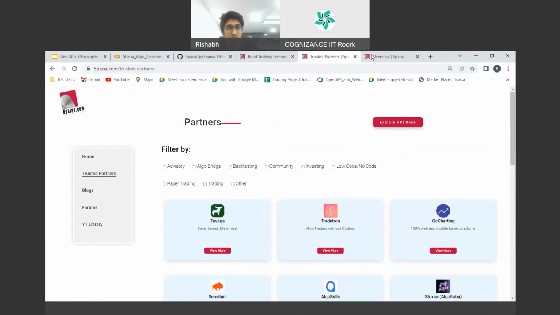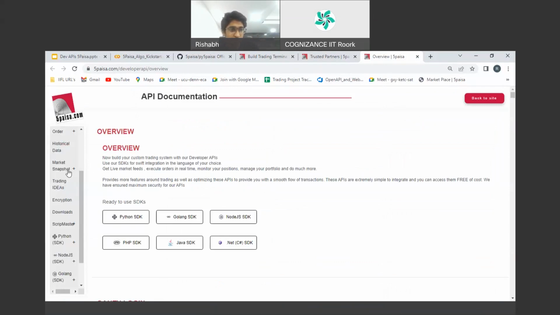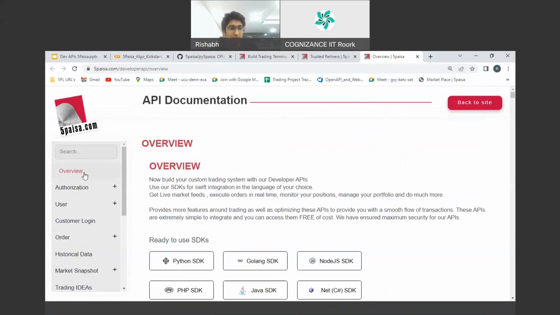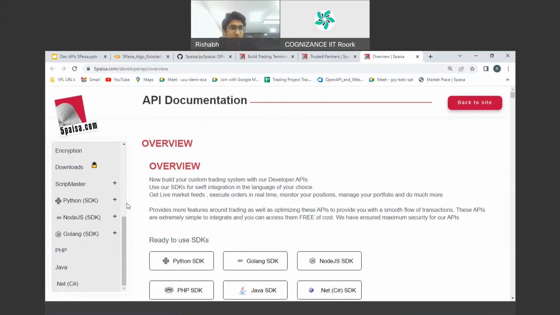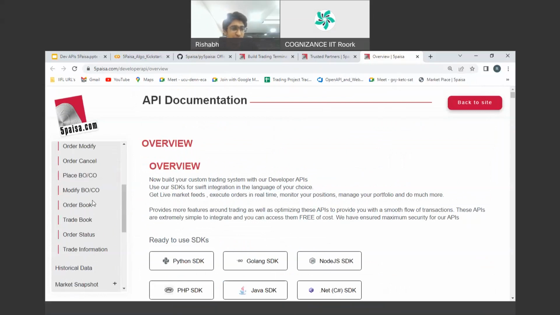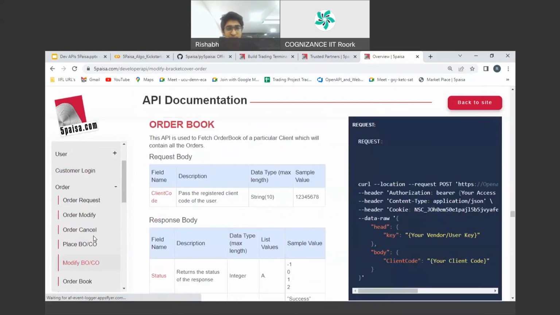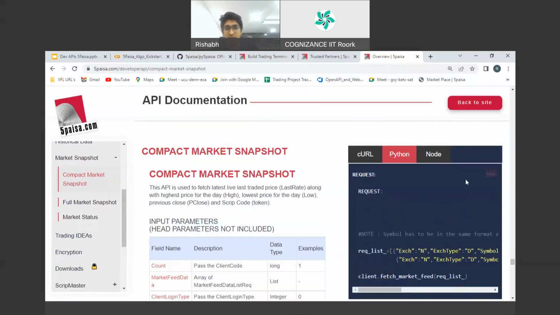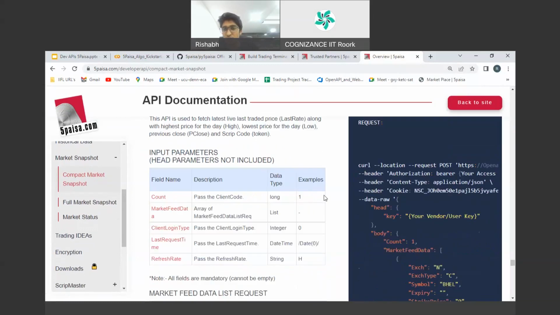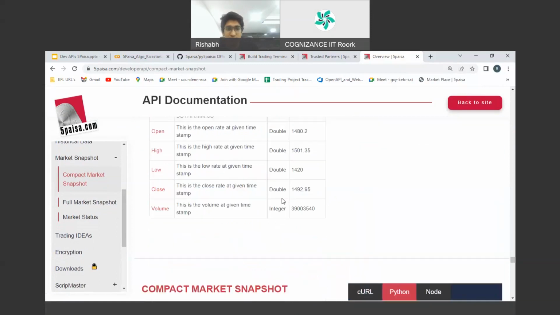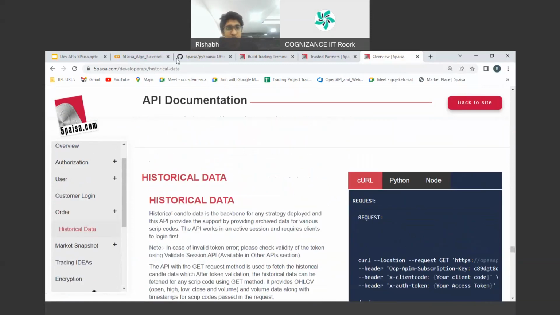Now coming to our API documentation. I'll just show it from the top. You can see we have a whole bunch of APIs in this documentation. Orders itself has about 7 to 8 APIs, and we are always adding more and more APIs here. You can have market snapshot. Here we have demo code for Python, Node.js, and curl also. If you want to replicate this, just copy this and paste it in your terminal, and you can get started running with it. It's good documentation that I think you should go through.